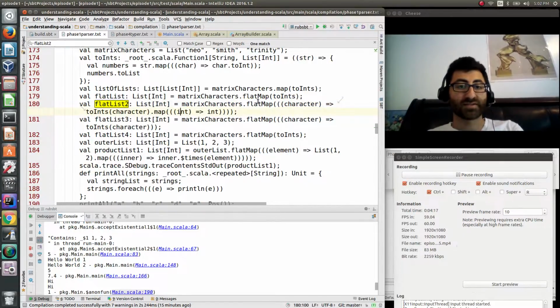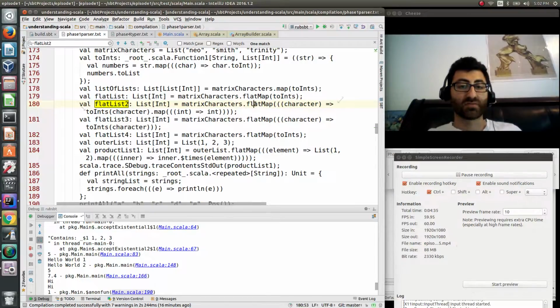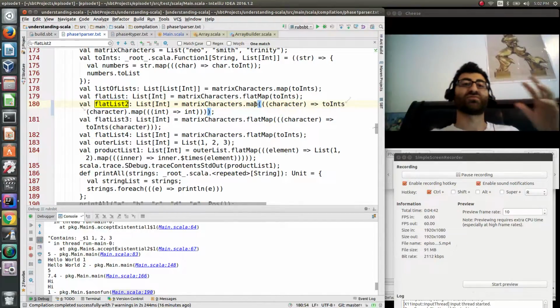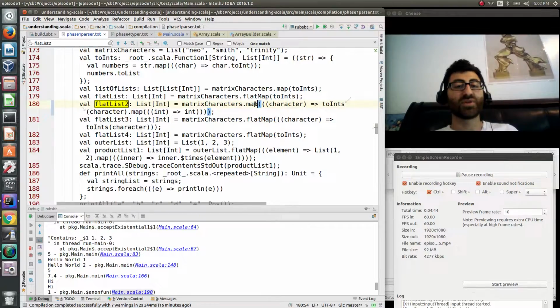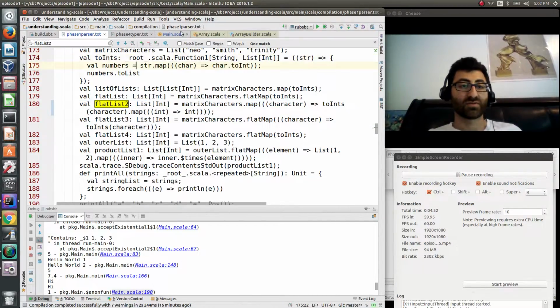if you look at, so we have character toInt character dot map int to int. The difference here is by using flatMap, we end up with one big list, whereas if we were to change this just to map, which we could actually do, we could instead do map here. What would have ended up happening if we did map was, instead of getting a list of int, we would have ended up with,